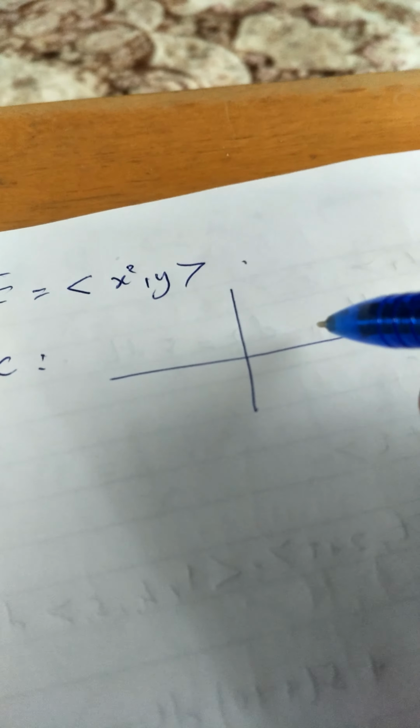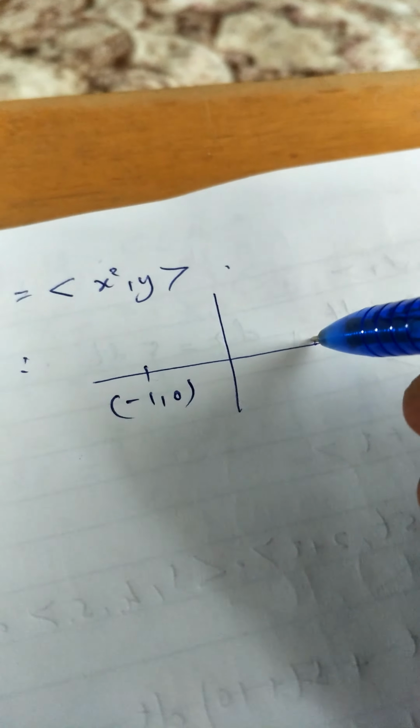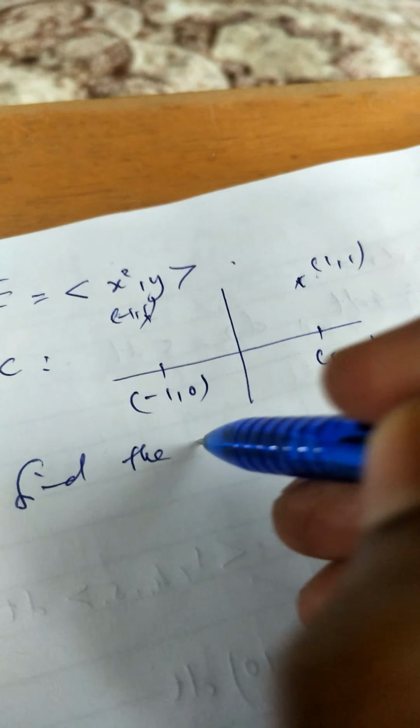We have minus 1 0, 1 0, 1 1, and minus 1 1. Okay, so the question is find the work done